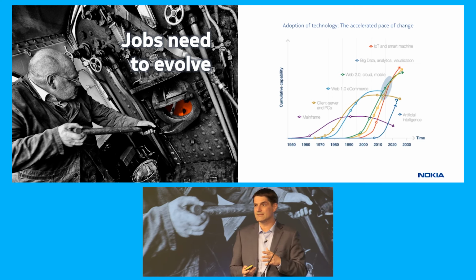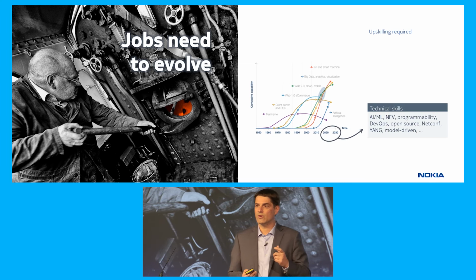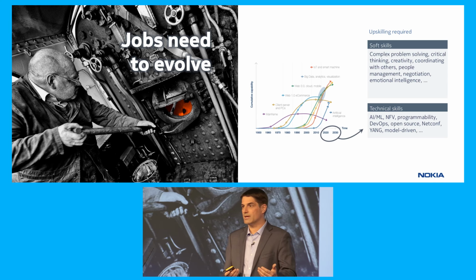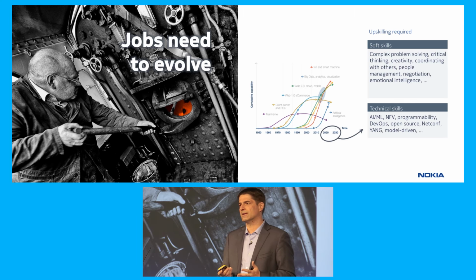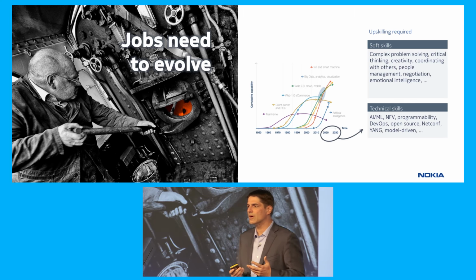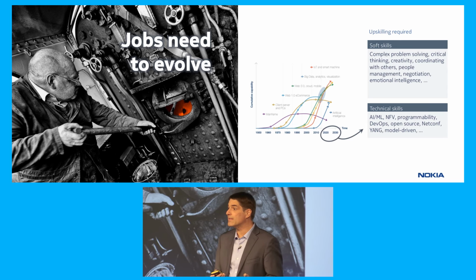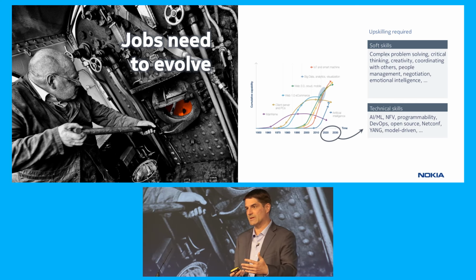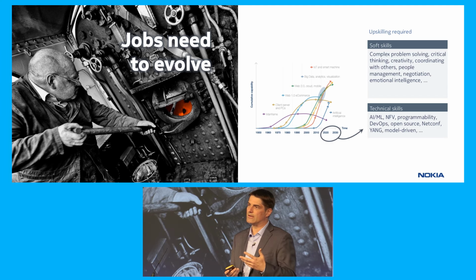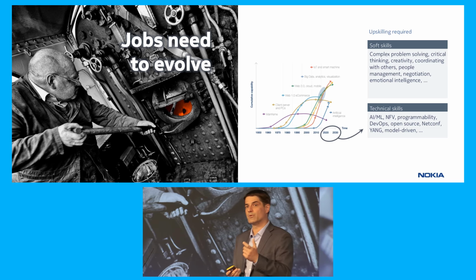The second aspect, I think, is even more fundamental: soft skills and how we operate as organizations, how we build products. Earlier today, agile development was mentioned. Yeah, we moved our R&D organizations to agile 10 years ago. But what does that mean in terms of collaboration, how we team, how we create things, how we communicate? There are a lot of different challenges in that aspect as well. So we need to be cognizant of that as we develop towards an automated world. What does it mean for the jobs, and what does it mean for how we approach the technology?